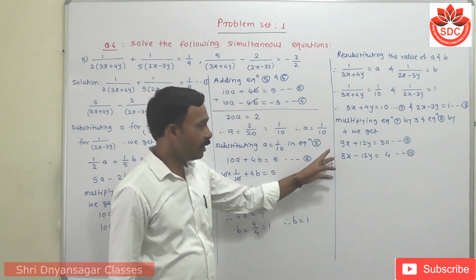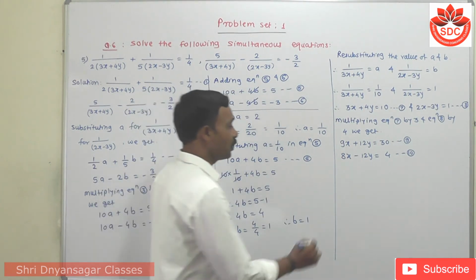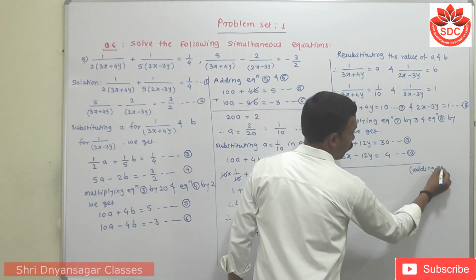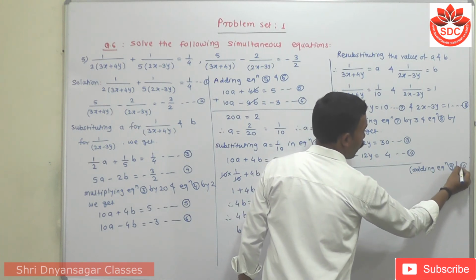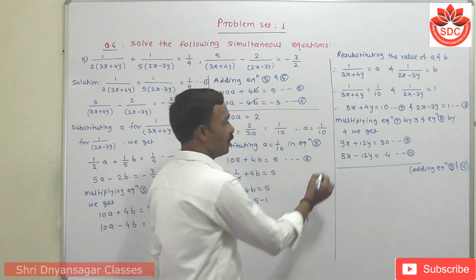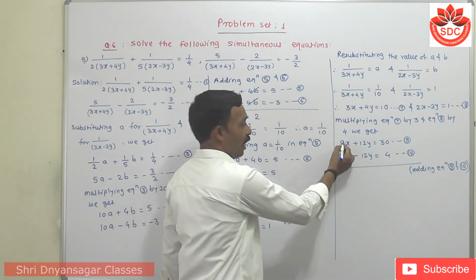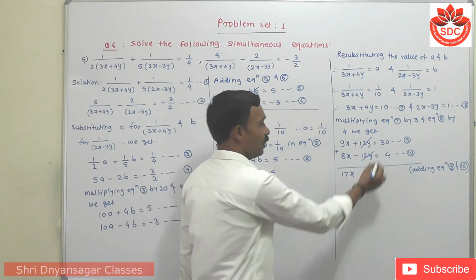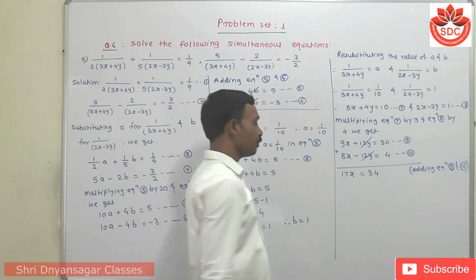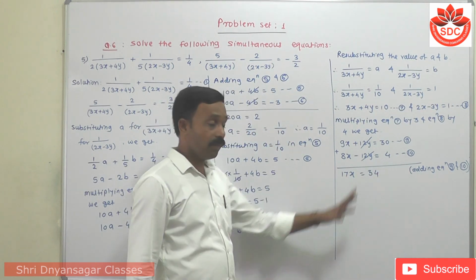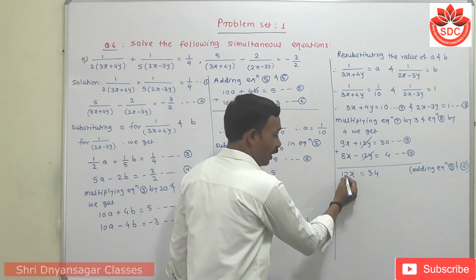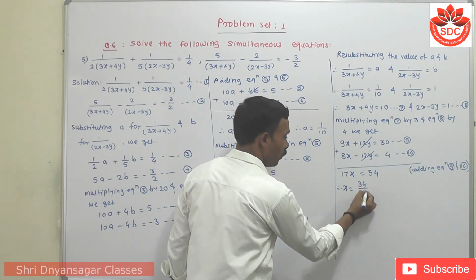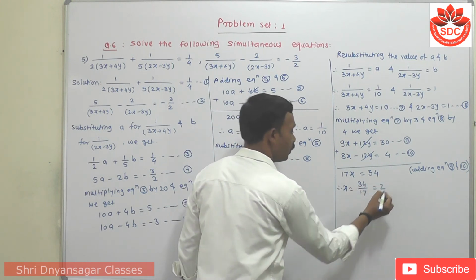Student, I have taken its addition here directly. Okay, so adding, here I have to write the reason. Adding equations 9 and 10, when we add, there is no change of the sign. So 9 plus 8 becomes 17x. This 12y gets cancelled and the addition becomes 34. Now we divide 34 by 17. Therefore x is equals to 34 upon 17. The answer is x is equals to 2.